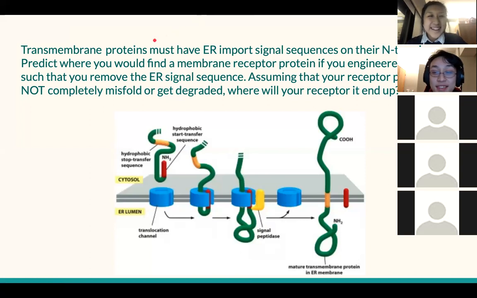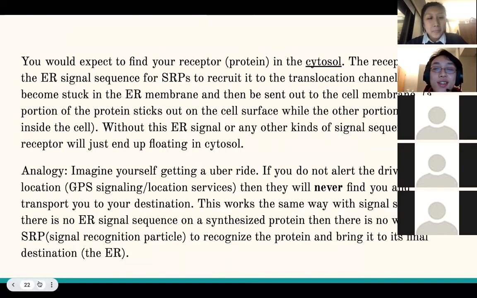Okay, well, if no one's going to say anything, we can just answer it ourselves, I guess. So essentially, it doesn't have a localization sequence because you removed it. And without any localization sequence, it's not going to be imported into the endomembrane system. It's not going to be imported into the mitochondria. It's not going to be imported into the nucleus. So the only other option really for it is just to sit in the cytosol somewhere, essentially.